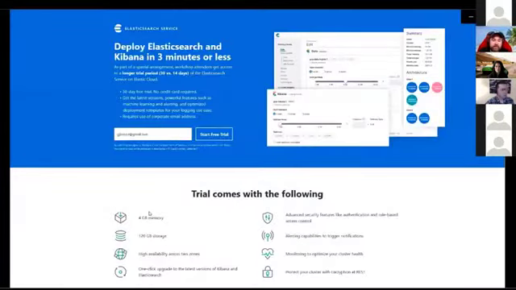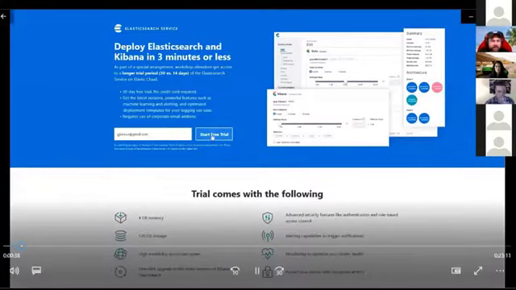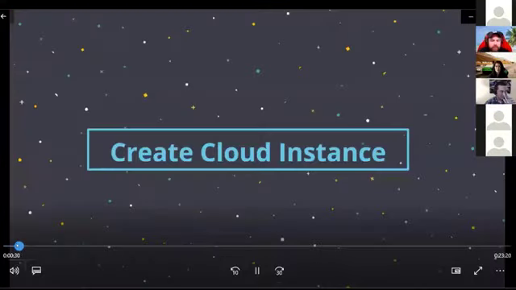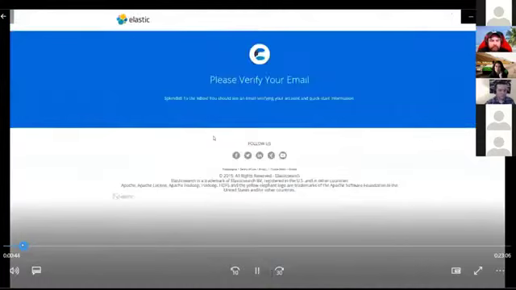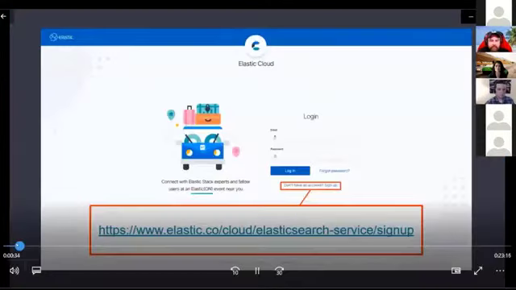So we do a 14-day free trial, and it's at that link. If you want to copy that down, great. Of course, I'm missing it. Right there. If you want to copy that link down, if not, you can just go to cloud.elastic.co, and it'll actually have the option, would you like to try that out? So anyway,